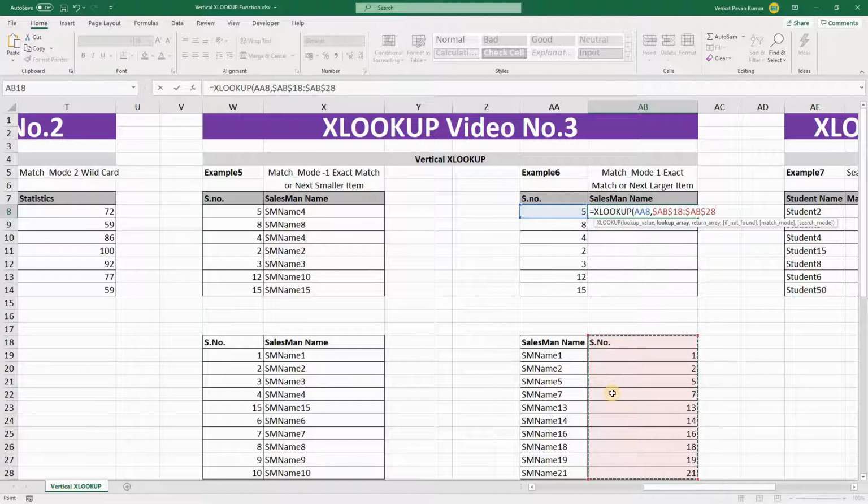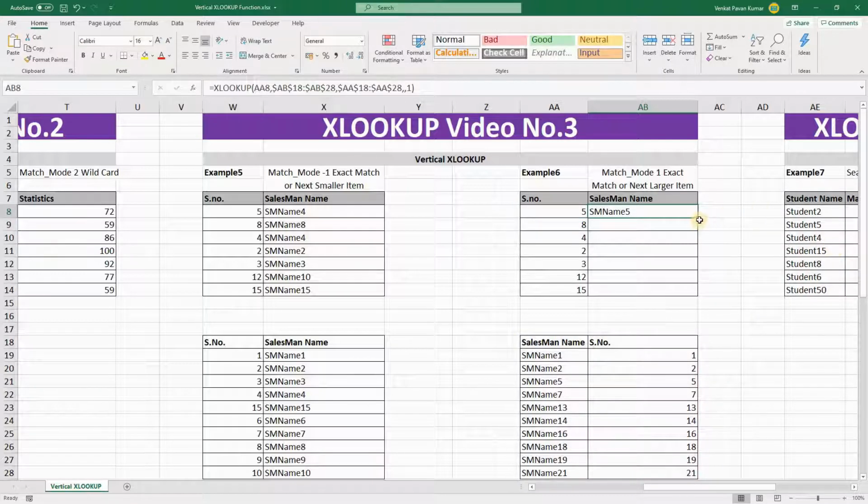Hit F4, comma, and now I'm going to select the return array, which is salesman name in the source table. Select the entire column, hit F4, comma, and then the argument if not found, so we are going to skip. And we have the match mode now. Here I'm going to use this option, which is exact match or next larger item. Simply I need to write number 1 here, and then close the bracket, hit enter.